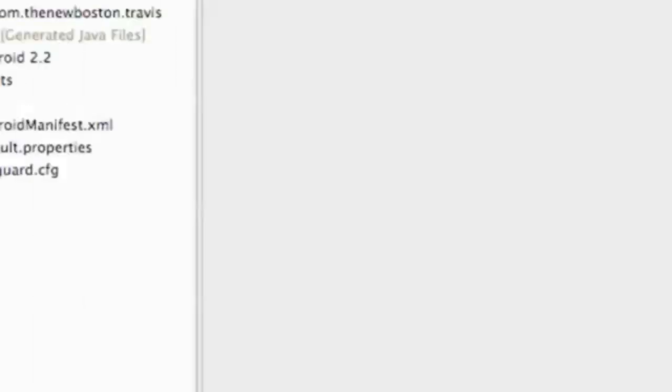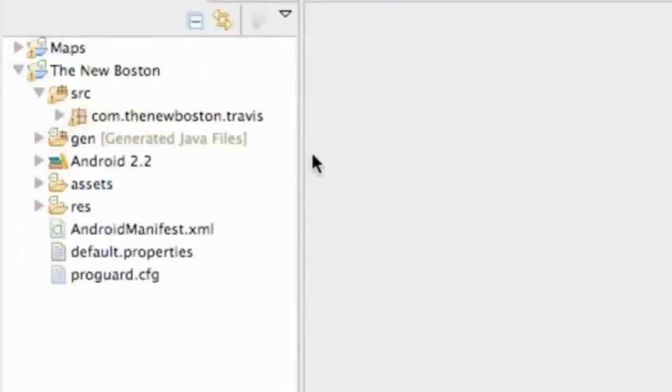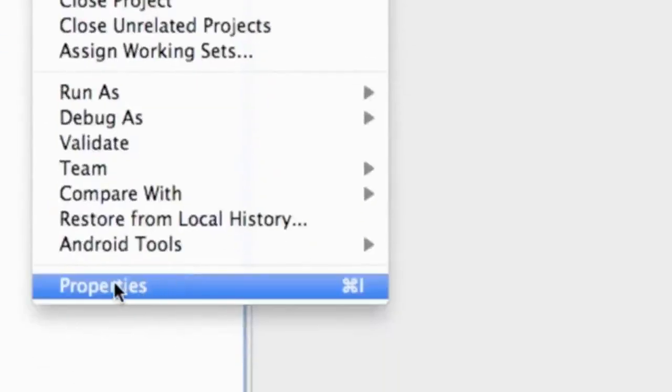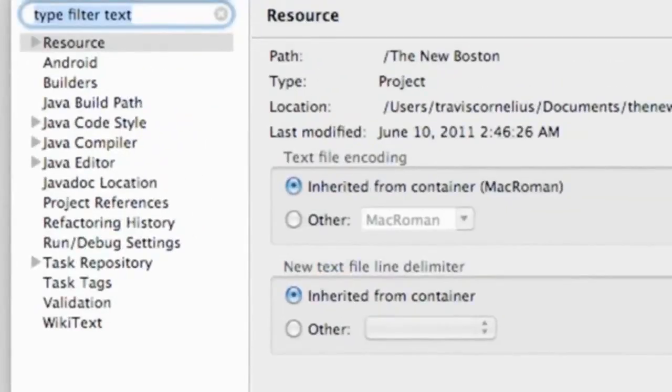Again, I downloaded the SDK through Eclipse, so all we have to do is access that and add that jar to our project. We're going to right click on the New Boston package, or whatever package you're adding AdMob to, and go down to properties. Once we open the properties, we get something like this. We're going to go to Java build path,